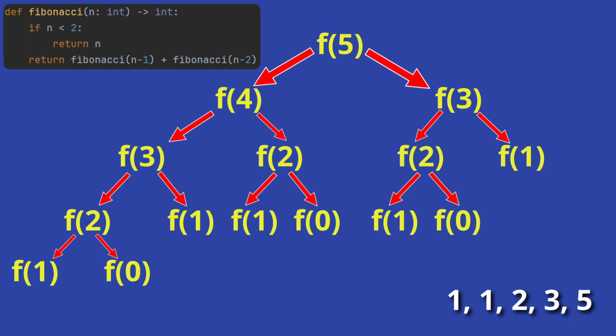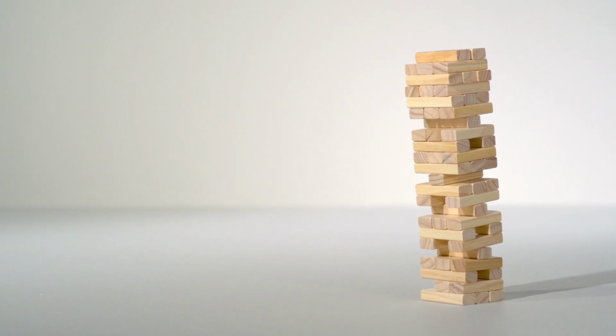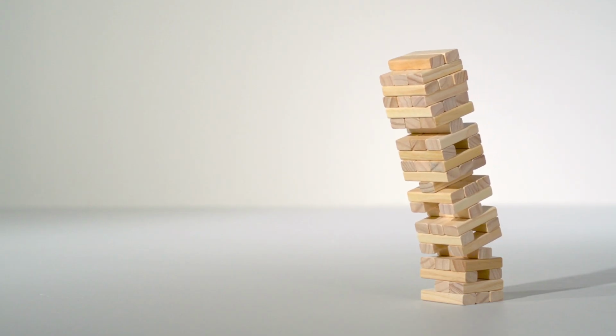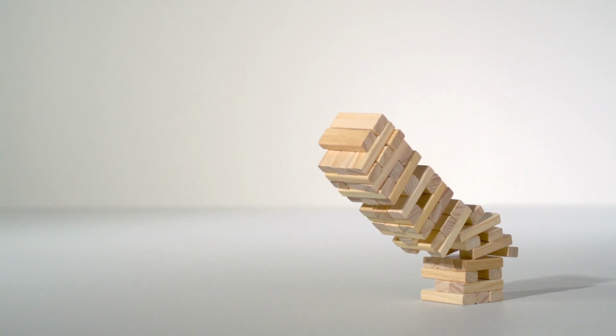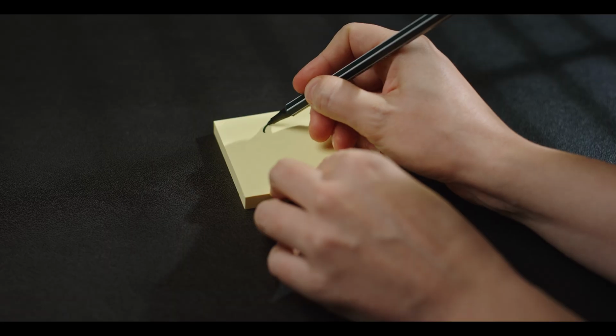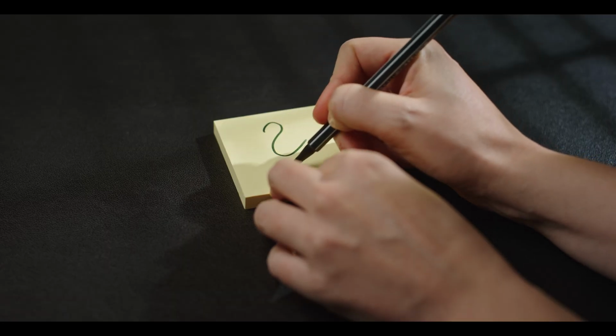Looking at this tree, we can see straight away that there's some issue with this kind of recursion. Multiple functions are called with the same value multiple times. Fibonacci with a value of 1 is called 5 times. This gets worse and worse as the number gets higher, which makes the tree much deeper. The second issue is in most languages, calling functions uses the stack, which is a finite resource and can cause stack overflows. But more on that after we talk about how we fix the first issue with something called